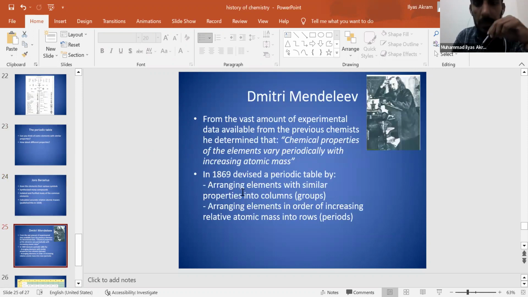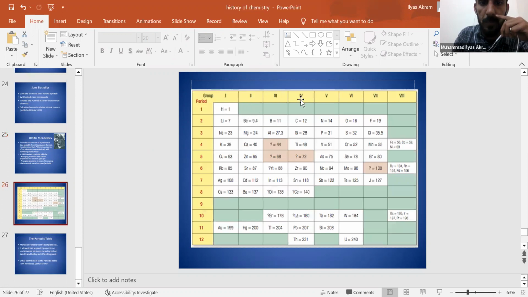So new elements were discovered using Mendeleev's periodic table, and some spaces were left because he thought that there are some elements that have yet to be discovered, and their places would come in those spaces. So that is the periodic table that was made by